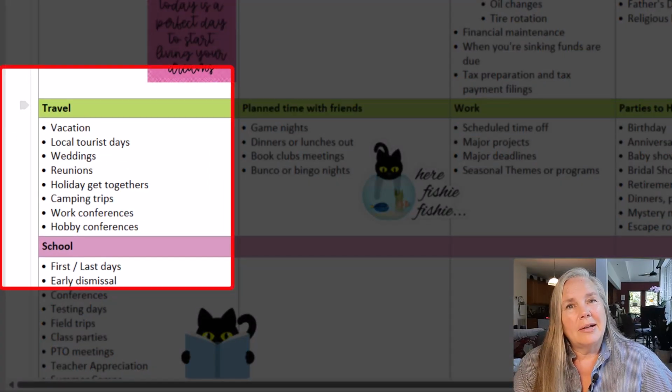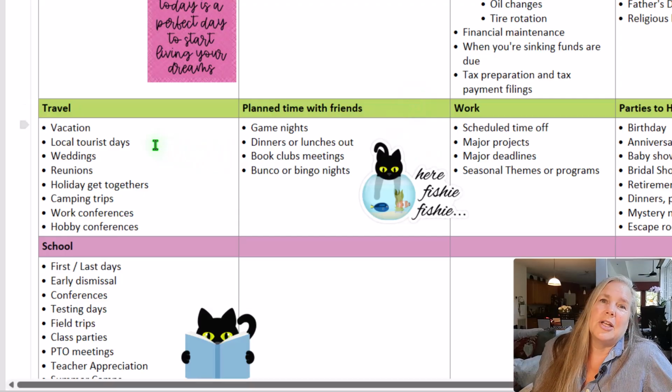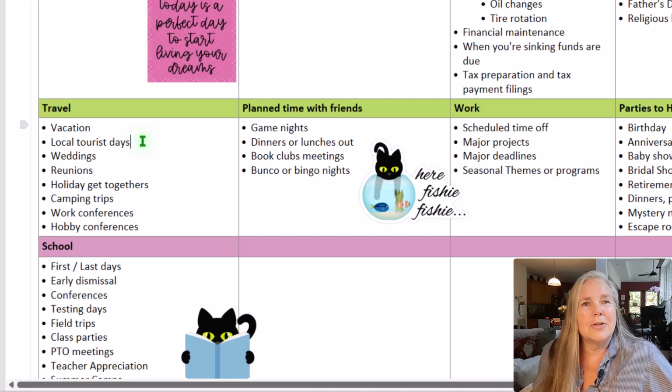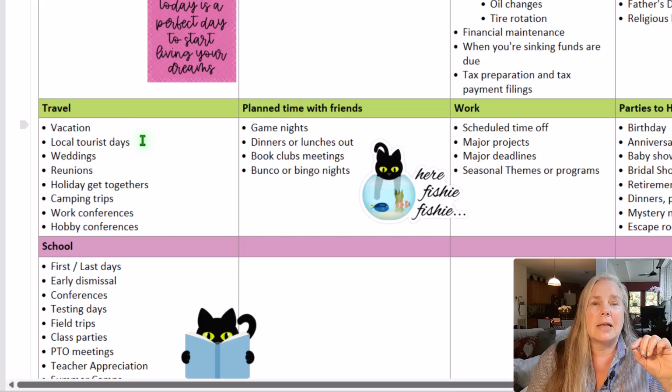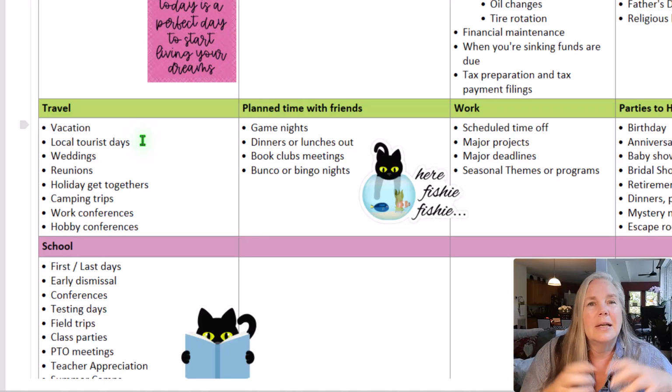Next, I was thinking about traveling. And I was thinking about not only going on vacation, which a lot of people do, but over the past few years, I have been doing what I call local tourist days once a month. And what I do is I just kind of pick a small town that's within a 2-3 hour driving radius of my house. And we go and spend the day there.